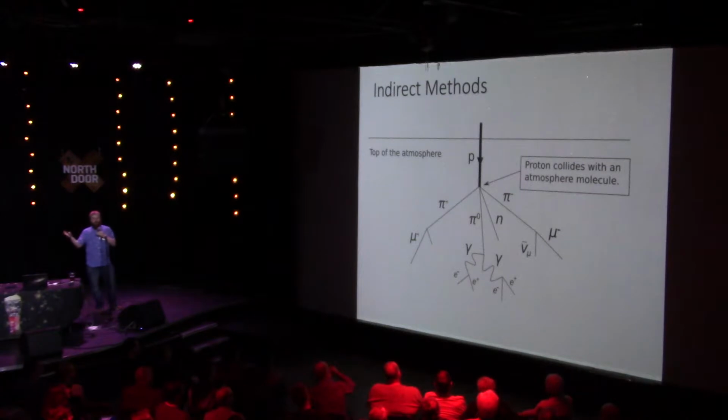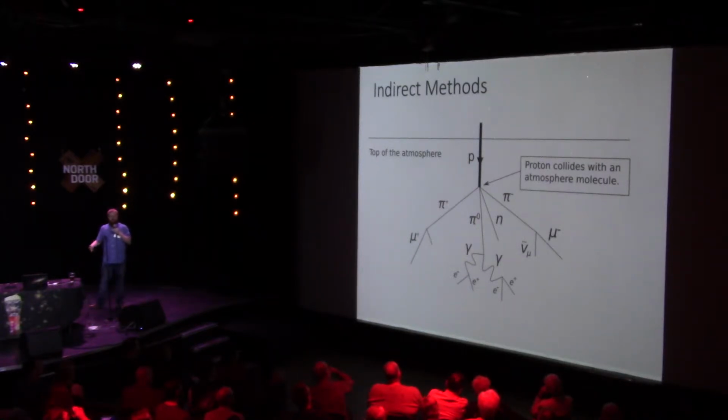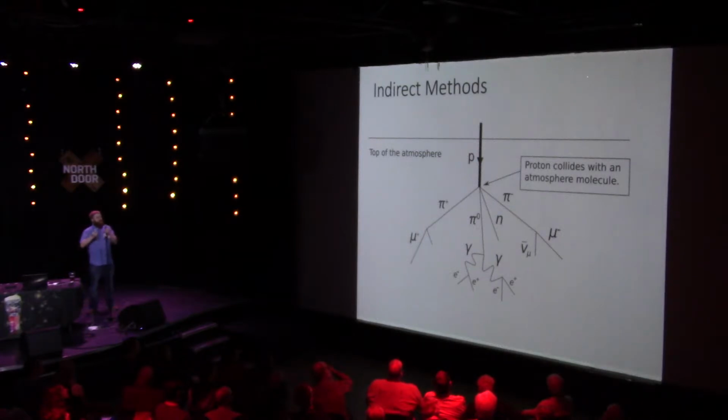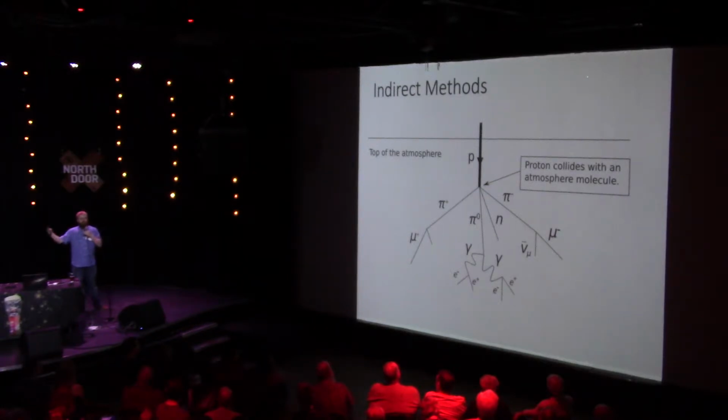And pions are some elementary particles. Those pions then can decay into muons and gamma rays and electrons and positrons and all of these things. And so we can detect those showers. The other thing that happens is when a particle enters gas or something that isn't a vacuum, it can actually be traveling faster than the speed of light in that material.